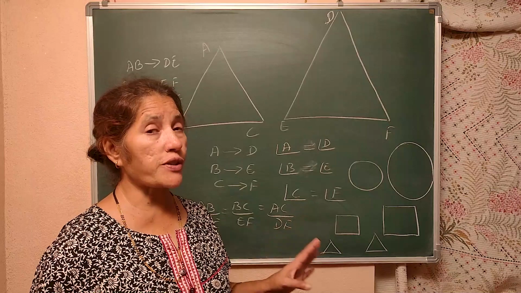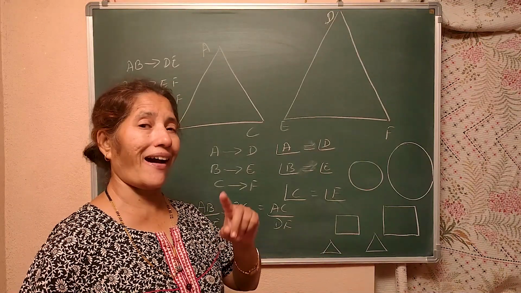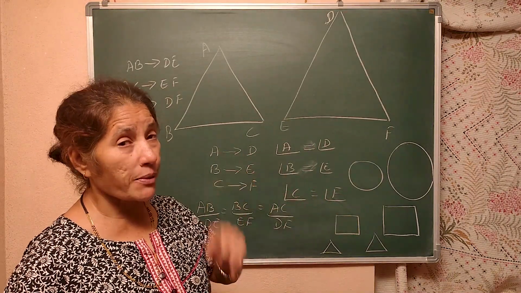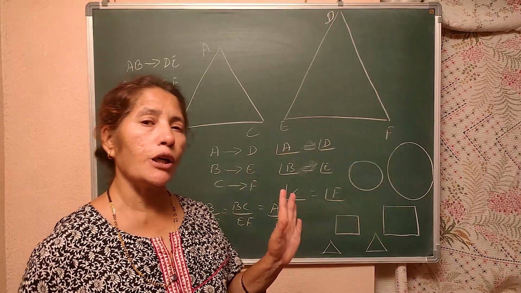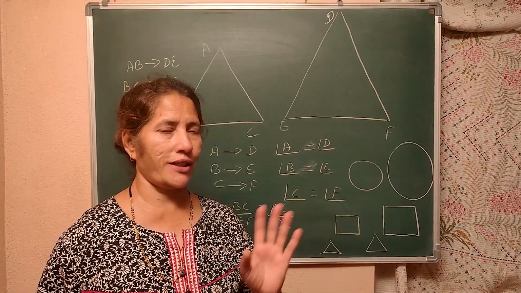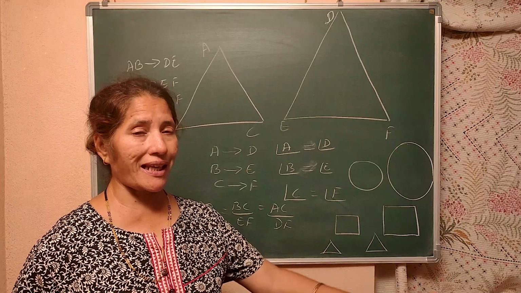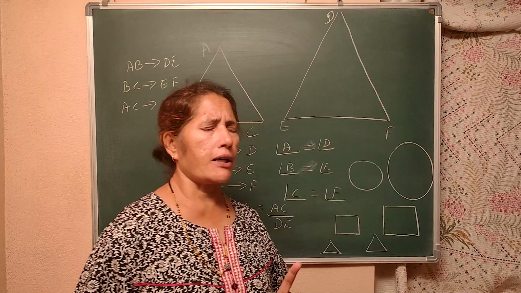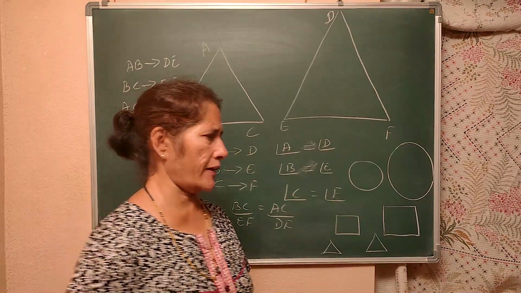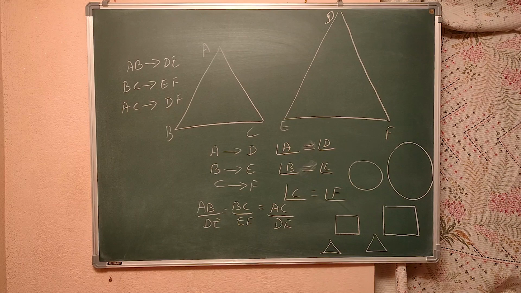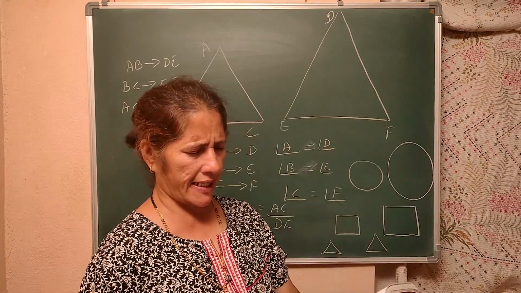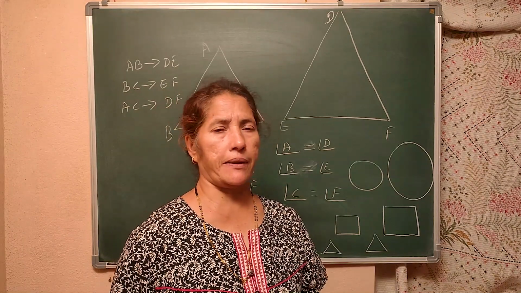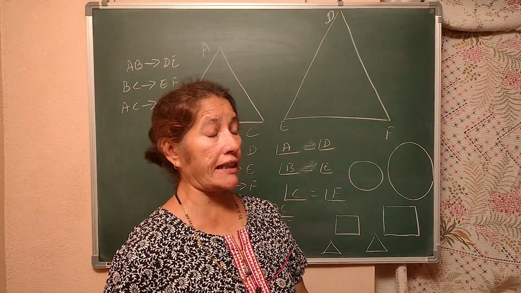So, what is the condition of similarity of triangles? When they are equiangular, they are similar, and when they are similar, the corresponding sides are proportional. That is what you learn. And if you see exercise 6.1 in the central syllabus book, here they have given one exercise that is very, very simple. After that they have given one theorem.